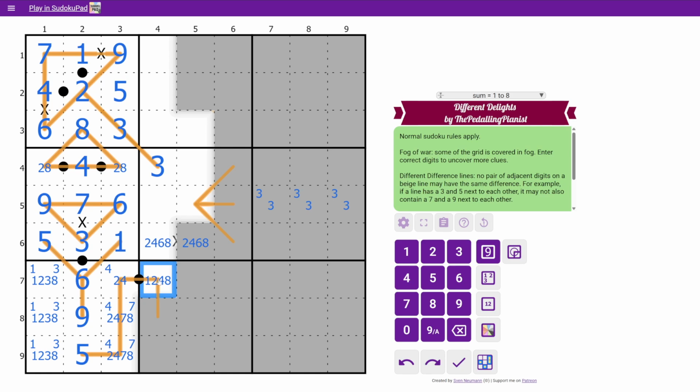If this side was an 8, this side is a 4. If this couldn't be an 8,